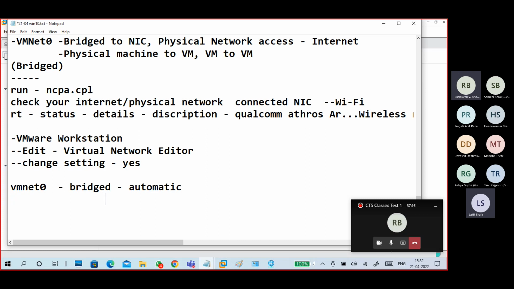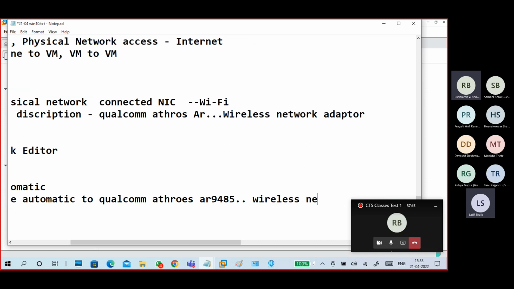Okay. Then what to do? So change automatic to this Qualcomm Atheros. AR9485 something is there now, number something wireless network adapter.